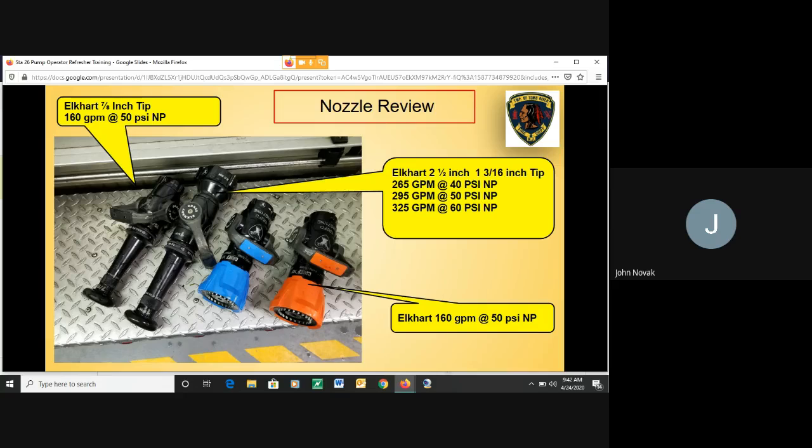Is it a fog nozzle? I got 100 pounds nozzle pressure. Is it 75 pounds? Is it 50 pounds? All the nozzle pressures are the same, 50 pounds nozzle pressure. That also gives us less back pressure. So the hand line should be easier to manipulate, hold, maneuver, and advance for the nozzle person, right? With the lower pressure